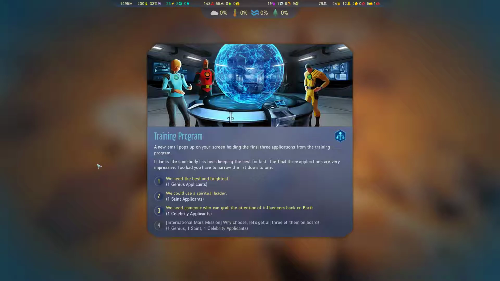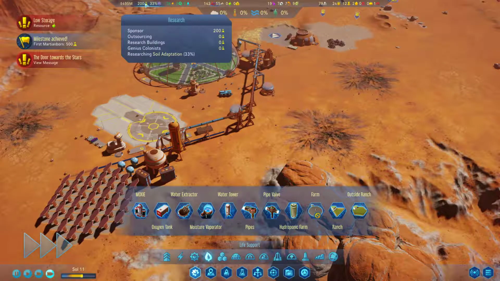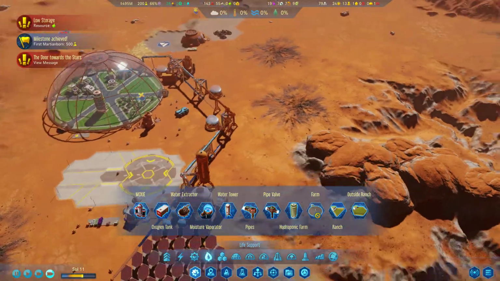So we can get a genius, a saint, or a celebrity. A celebrity is going to grant us funding for every day that they live on Mars. A saint, I'm not 100% sure. I imagine they help everyone's sanity who's in contact with them. And a genius gives us just flat research every day, and I'm kind of inclined to pick that in this early stage because that flat research is going to be almost as much as our